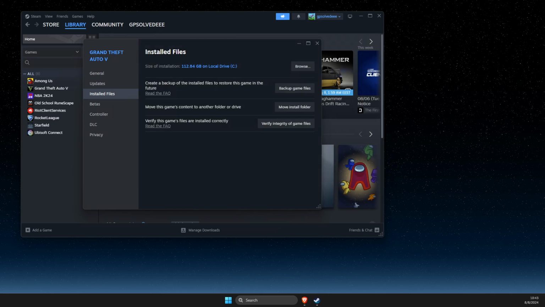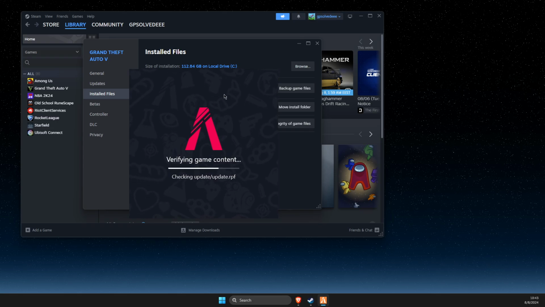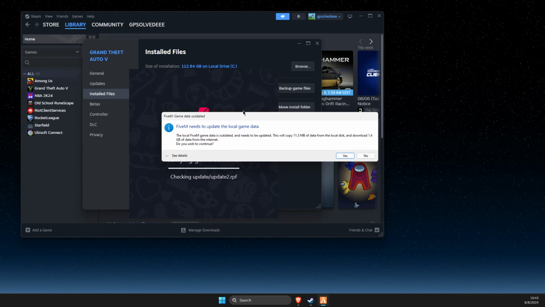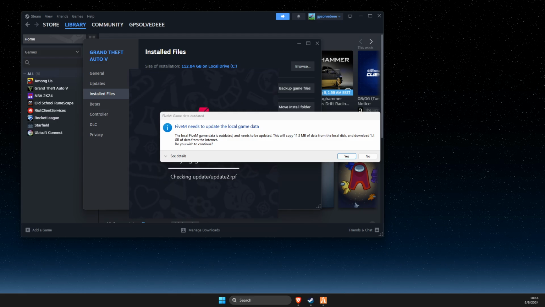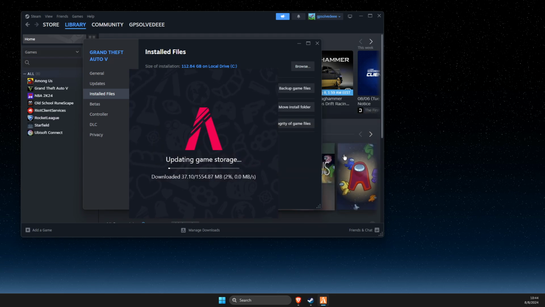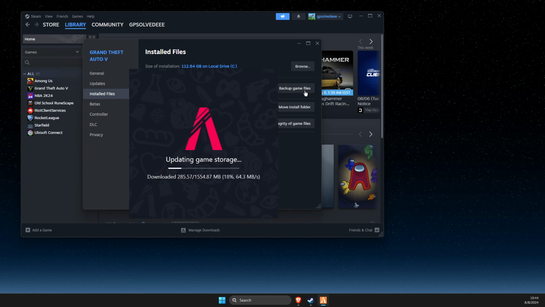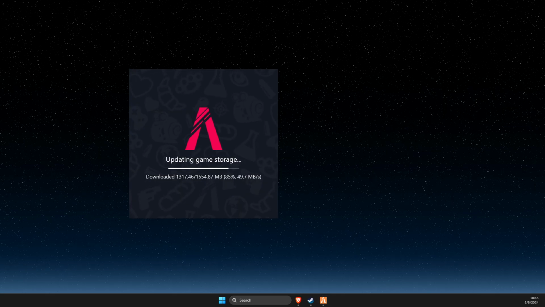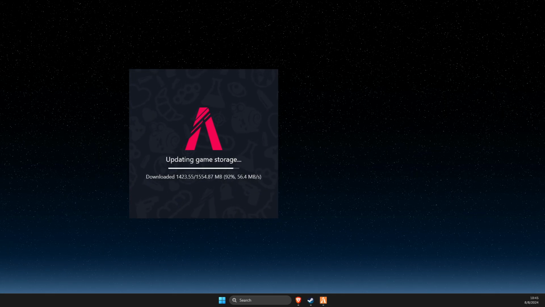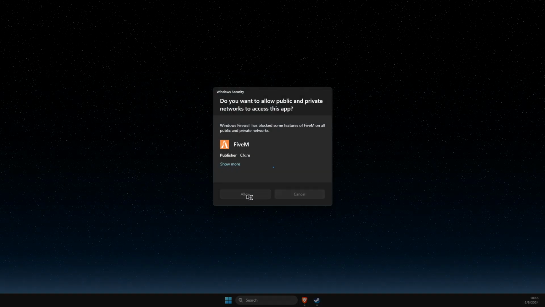Click on it, and then it will check for updates. As you can see here, check for updates, verifying content. As you can see here, if you're getting this error, just hit yes, and then it will download the content for you. If you're getting another error, I believe FiveM does not support running under elevated privileges. What I suggest you to do here is to, let's press allow here,